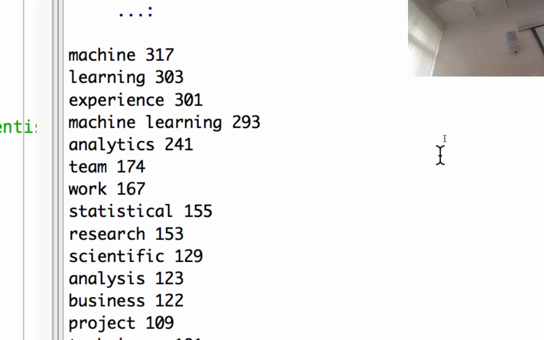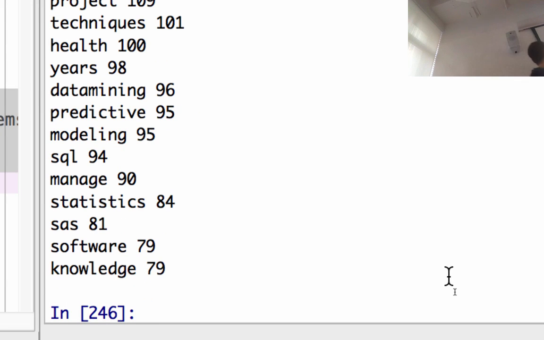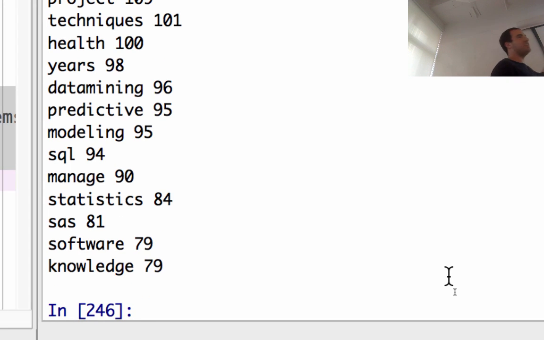Research, sure. Research is always a plus. Scientific, analysis, business is a big one. Project, techniques. Health is actually a very common word. Years is probably because I say 5+ years recommended of experience. Data mining,